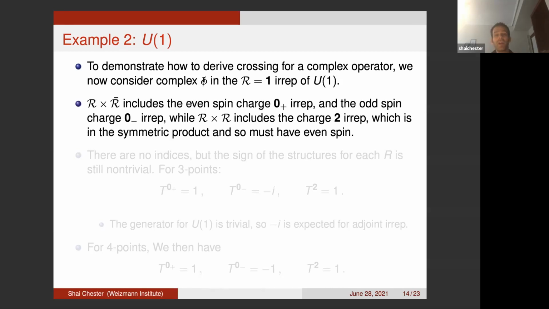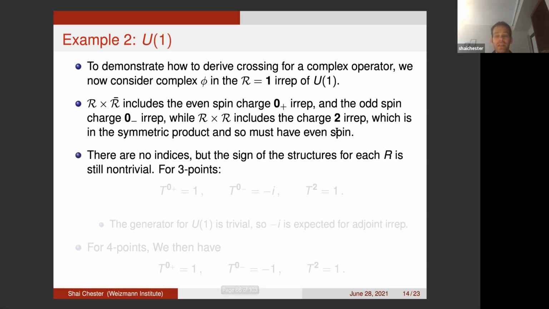So because we have a complex operator, now there's different OPEs we can consider. So we can consider phi with phi bar, and that OPE includes the even spin charge 0 representation, as well as the odd spin charge 0 representation, while the other OPE, phi with phi, includes the charge 2 representation, which is in the symmetric product, so it only has even spins. So there are no indices in this case,